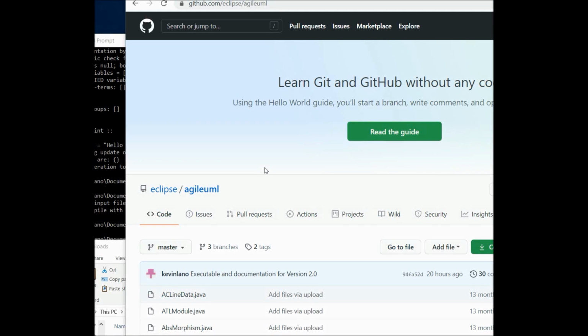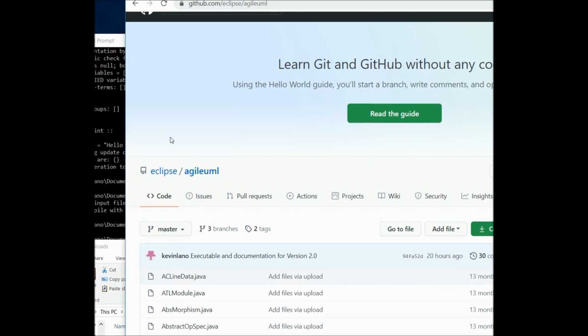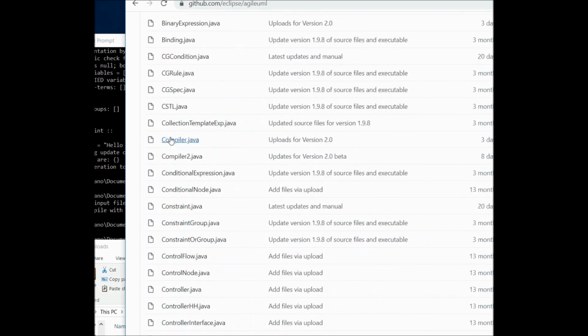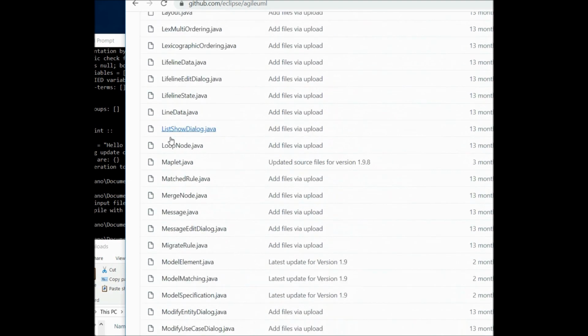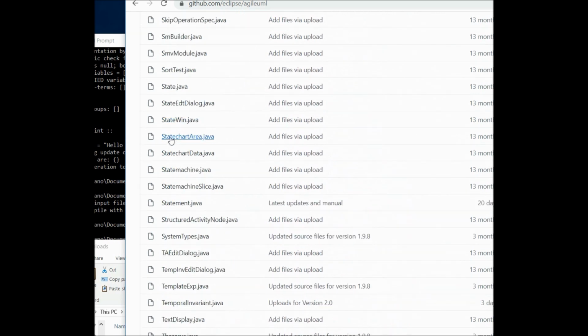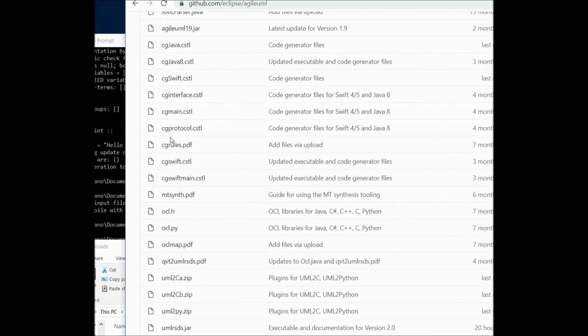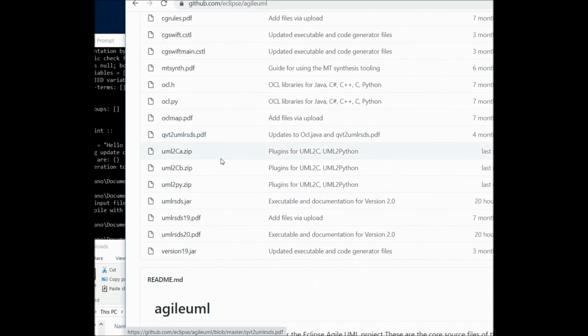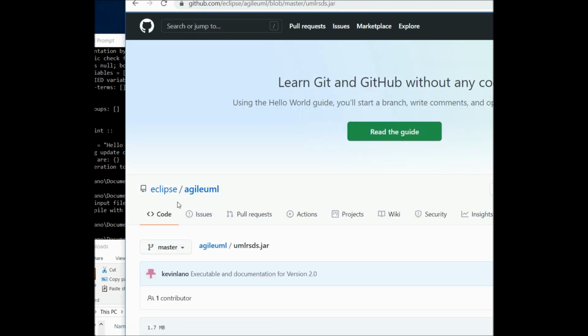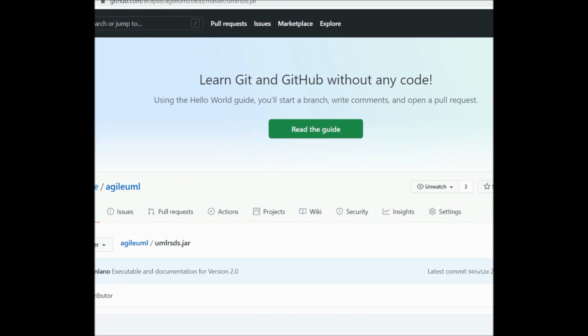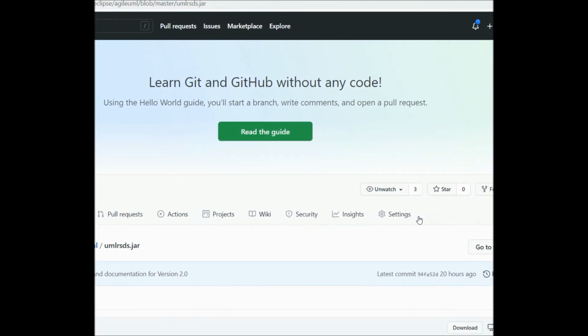Okay, the first step in getting AgileUML is to go to the GitHub repository for AgileUML and get the executable. The executable will be called umlrsds.jar, and it is updated very frequently. So the most recent one is there, and download that. It's a relatively small file,